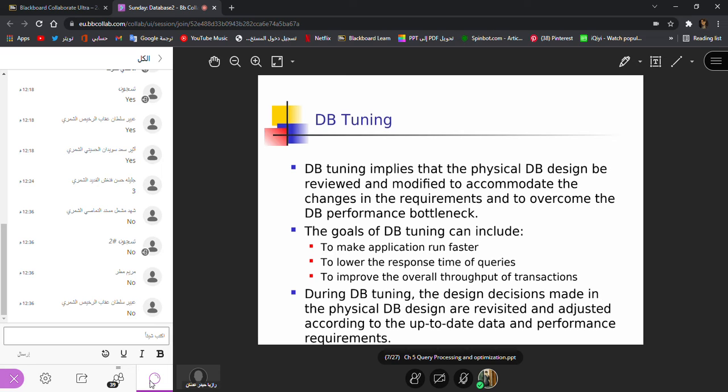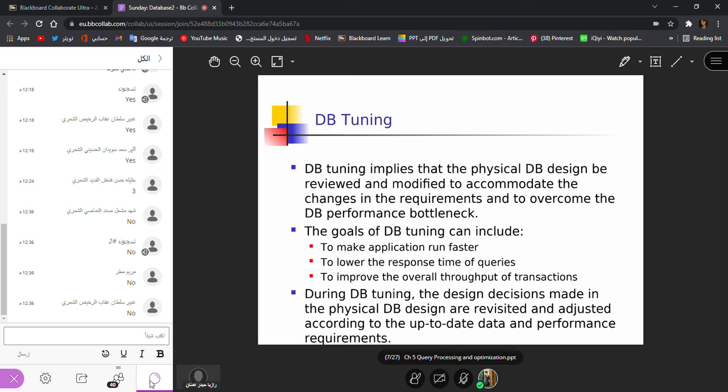So first of all, whatever physical design you have made for your database, after using that database, you may feel there is a need for change. Because before using any database you don't know what the actual requirement will be. You have an idea, but you will actually get to know after the use.